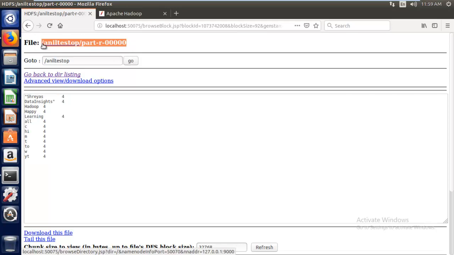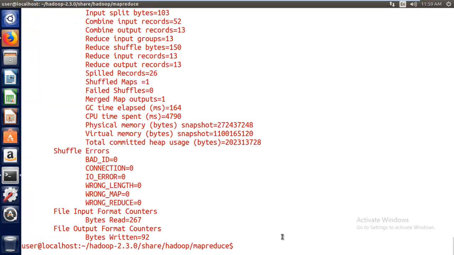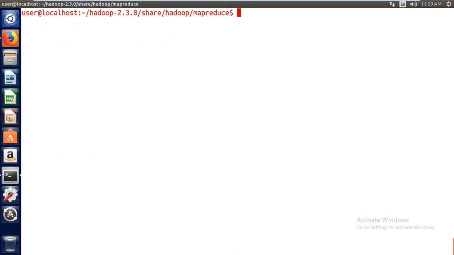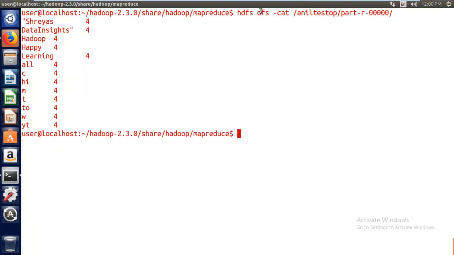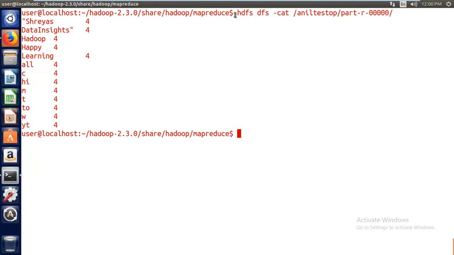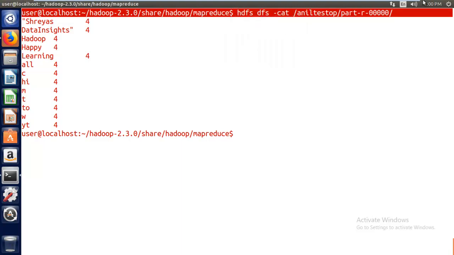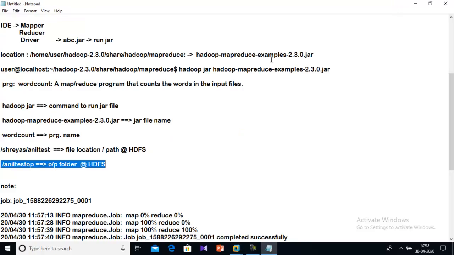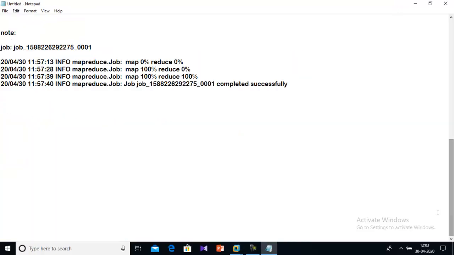Alternatively, you can verify the output from the command line itself. How to verify the output in the command line? Just say hdfs dfs -cat and provide this location. This is one way. On the console itself you can view the result here. Got it? So either this can be used or you can go directly from the web user interface.